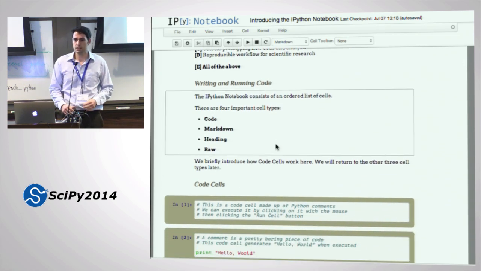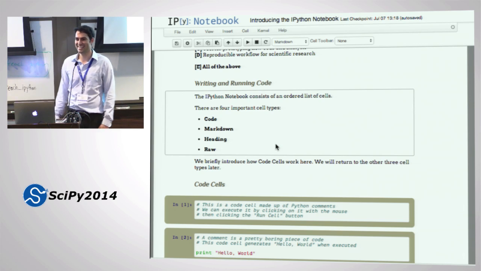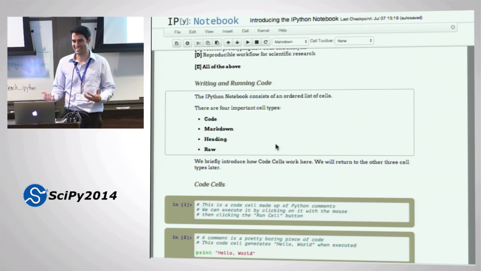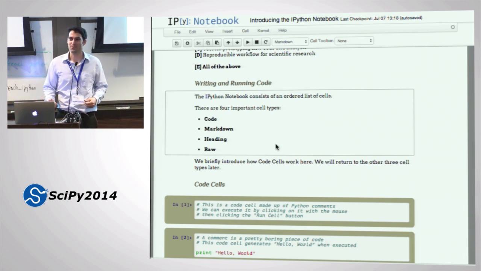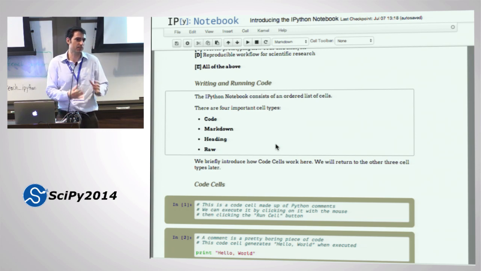So the first thing to understand about the notebook is what it is, what it's made of, right? And Fernando just stole my thunder again. It's a JSON. It's a list of JSON cells, right? And if you don't know what JSON is, it's just a structured way to store data, and it has a nice text encoding. So each of your cells underneath the hood is just expressed by text, okay?